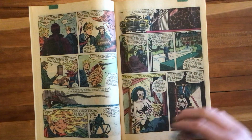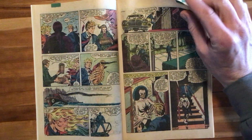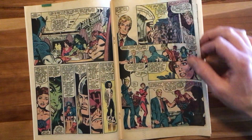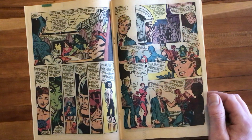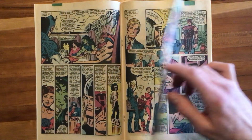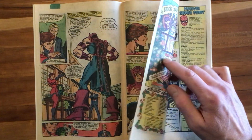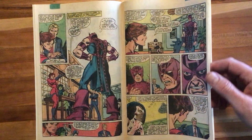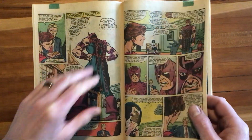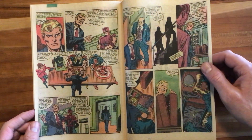But the character goes through somewhat of a reclamation in this storyline, and here is kind of the end of that, where he has to go back and say a final goodbye to his Avengers team and his now estranged and soon-to-be ex-wife, Janet Van Dyne, the Wasp. And it's pretty tragic, pretty sad, but also it's a fitting bit of closure for the Hank Pym character as he leaves. And there is the brief trial of Hawkeye as he seemingly killed